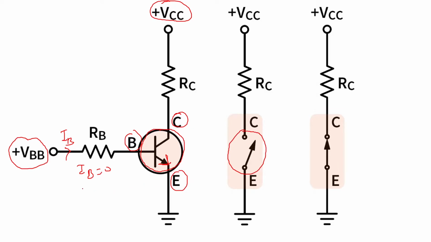Here you can show the open switch. Similarly, if the base current is existing, then the transistor will go into conduction, and then the current from the VCC also will start flowing. So this collector current also will start flowing, and the transistor will act as a closed switch as shown here. So depending upon the base input, you can make the transistor be in cutoff mode or in saturation mode, that is open switch or closed switch.